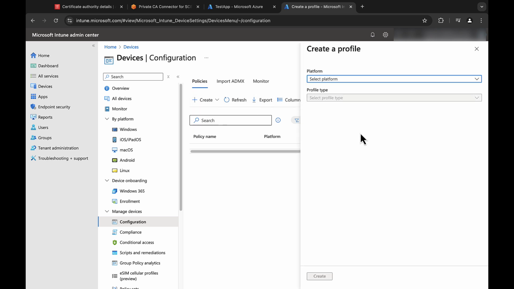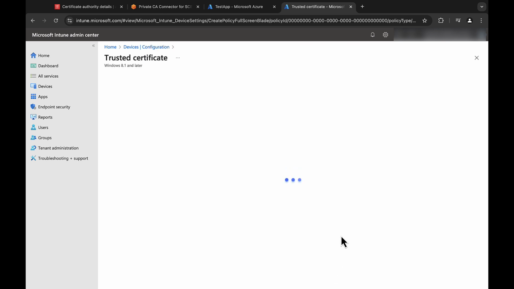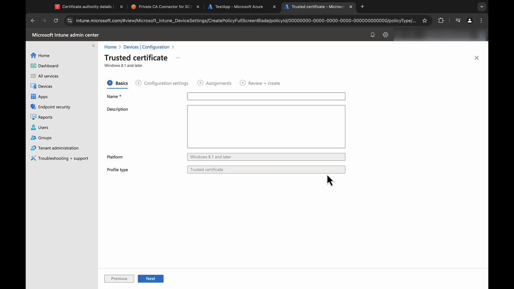And here we're actually going to create two configuration profiles. For the first configuration profile, I will select my device that I will be using, which is a Windows device for platform. And then for profile type, I'll select Trusted Certificate. So this means we're going to use our root CA's CA certificate that we created earlier as the trusted certificate that ends up on our device's trust store. I'll go ahead, click Create, and name this Trusted Certificate.